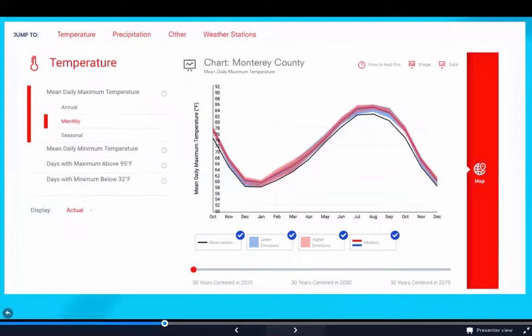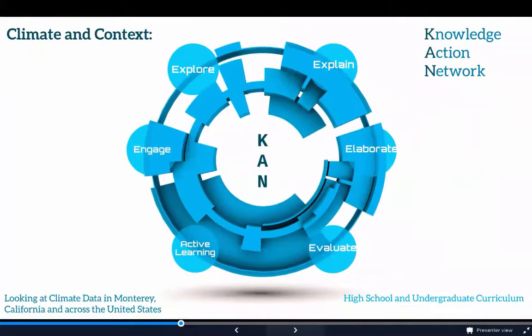So if I think about the utility of using the data itself and having students explore the data, one of the things I'm quickly going to begin to see is that students arrive at the idea that there is climate change that they're observing simply by analyzing the trends that they see. Now, we don't want to stop there because students have just begun this beautiful inquiry process. We'd really like them to dig in a little further.